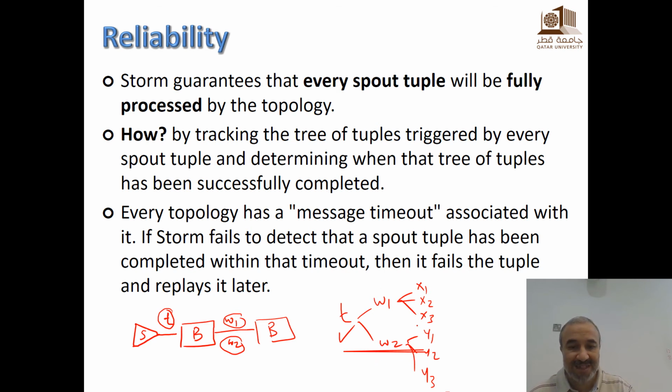It actually tracks this tree. If this failed at some point, so this bolt failed to generate this tuple, then this tuple is not fully processed. So we'll go back and get that tuple, and replay it from the source spout.